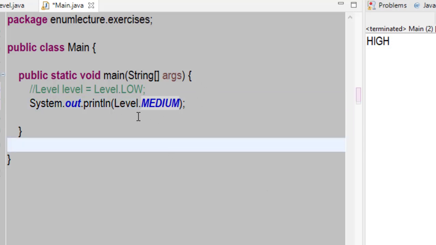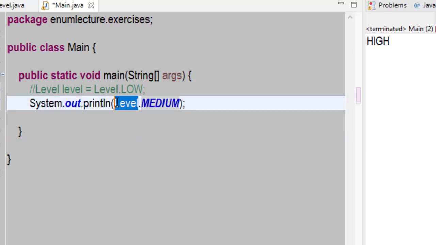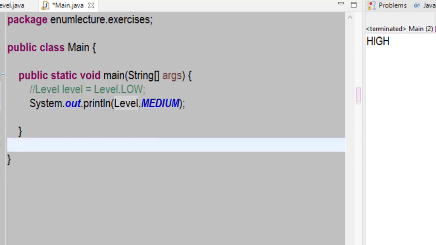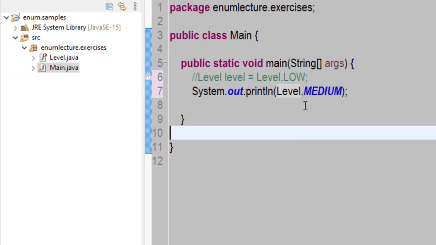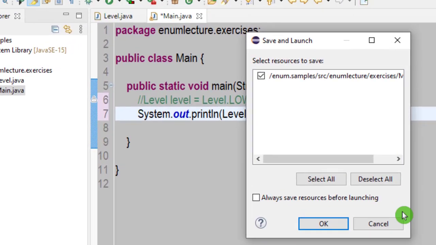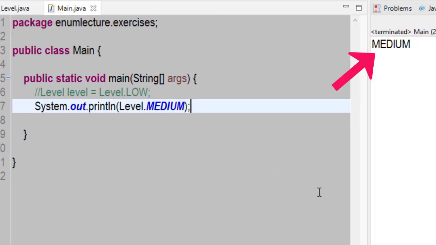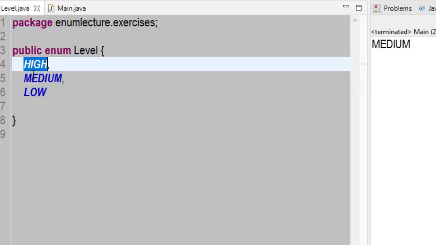We're not getting an error because the word level is actually coming from another class. We try to call it, and this is under the enum. The enum, we had the high, medium, and low. So if we print this, we get this output. Now assuming we're going to put a value, that's also possible. Let me say here in the level, I'm in high, I can put,